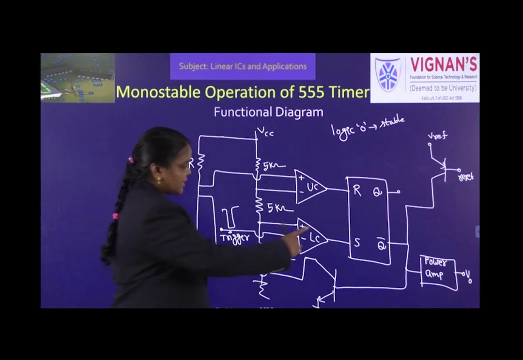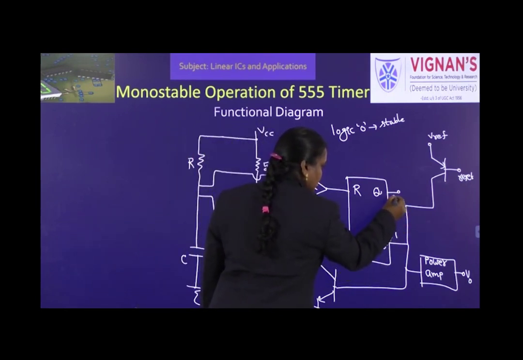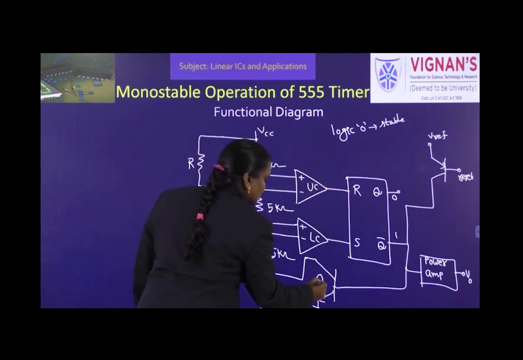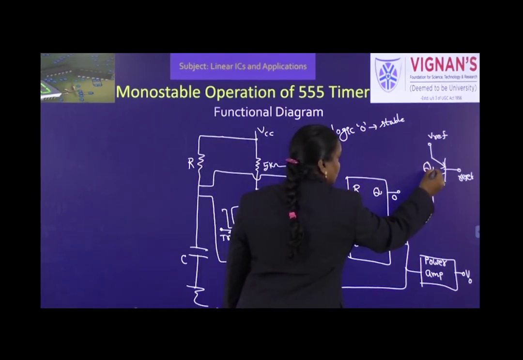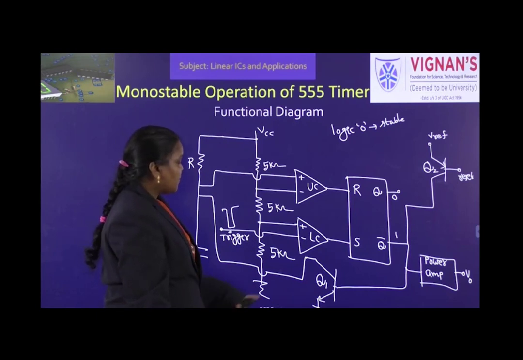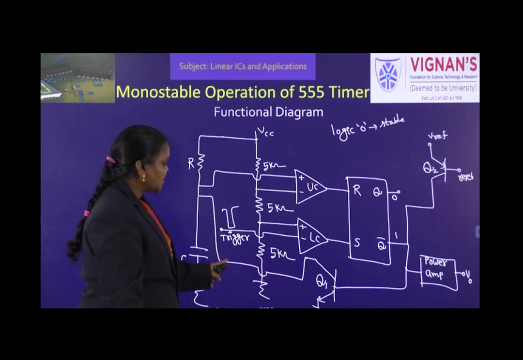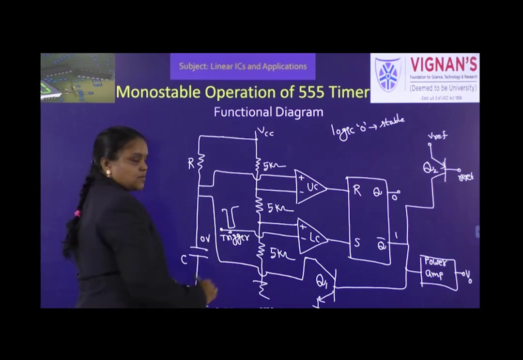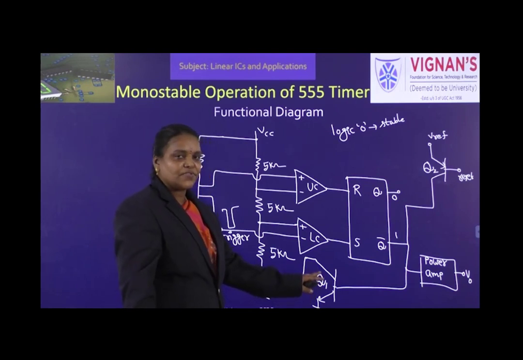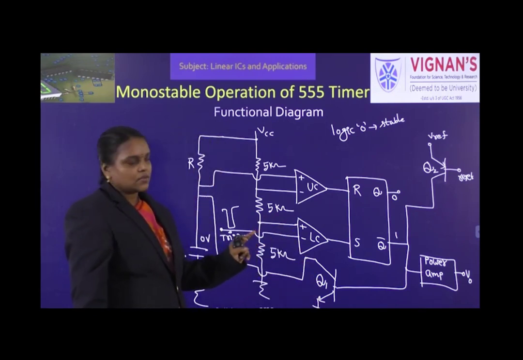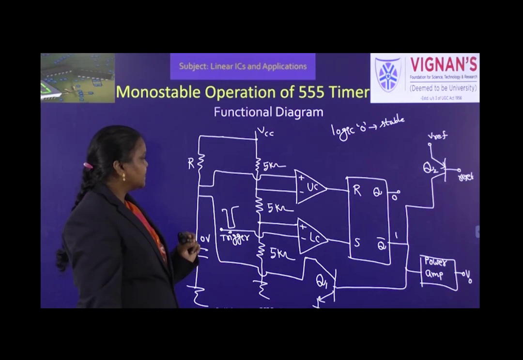Right? So the output is 0, which means this is 1, and this is 0. This 1 is given to this transistor. Let this transistor be Q1 and this transistor be Q2. A 1 given to the NPN transistor base means this transistor will be in the on condition. If it is on, what happens? This capacitor completely discharges, so the capacitor voltage will be 0 volts. The resistance of the on transistor is very low, so very quickly this capacitor discharges through this path. So the capacitor voltage becomes 0 volts.